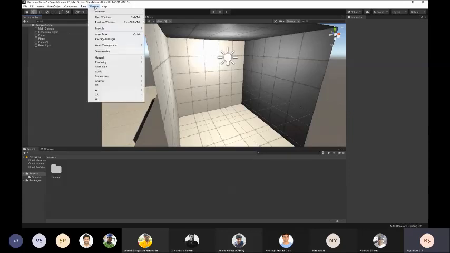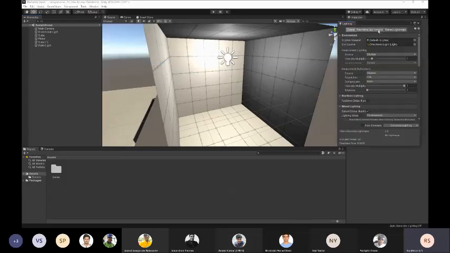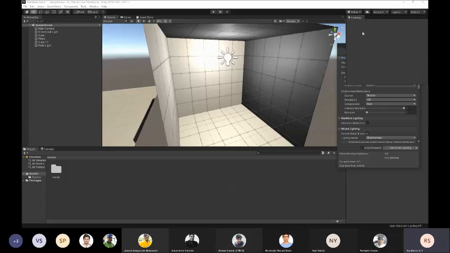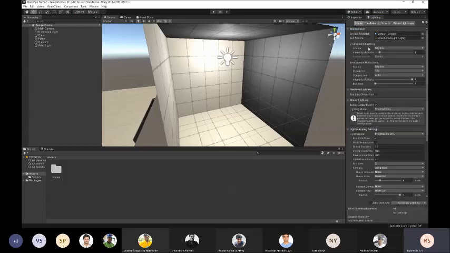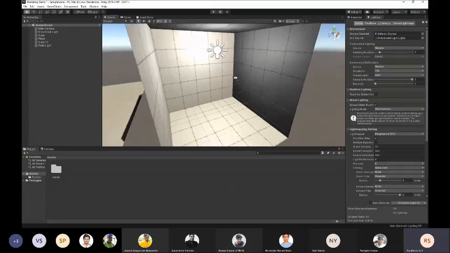So for that you need to open the lighting window. So I'll go to light, general, rendering, and lighting settings. I'll dock this window next to inspect over here. So you can change how you want the windows docked, right? Unity has a default layout, which is what I'm using, but there are also other options here, so you can do it according to your preference.